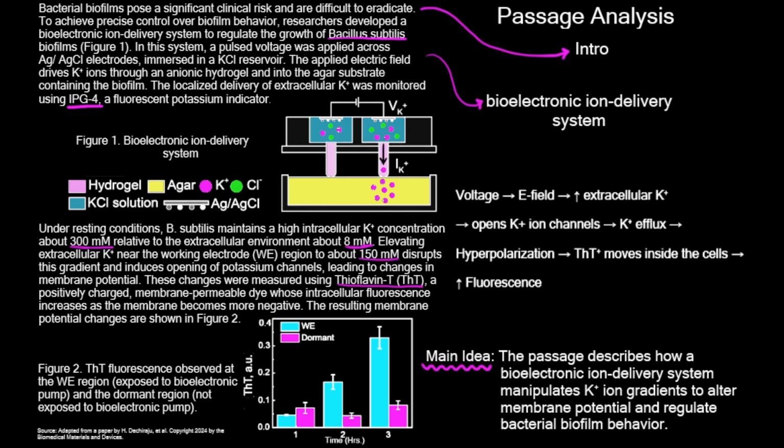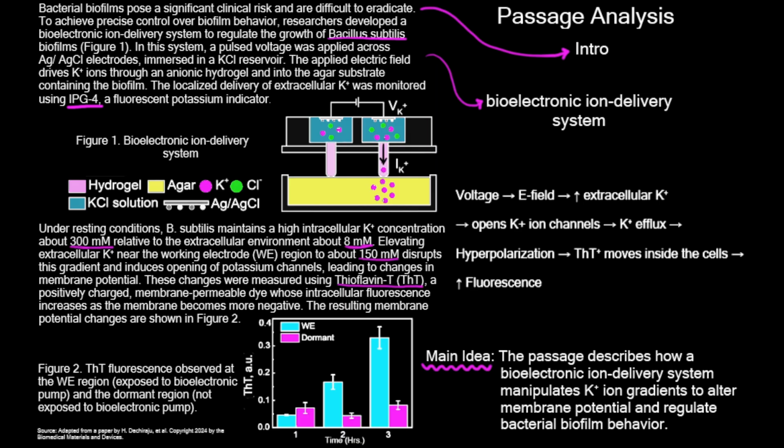The electrodes used are Ag and AgCl, and they are immersed in KCl solution. Although we could take the time to draw out the full electrolytic cell, that would be very unnecessary, unless a question specifically tests electrochemistry. For now, it is sufficient to make a mental note that this system behaves like an electrolytic cell. The applied electric field drives K plus ions through an anionic hydrogel and into the agar substrate containing